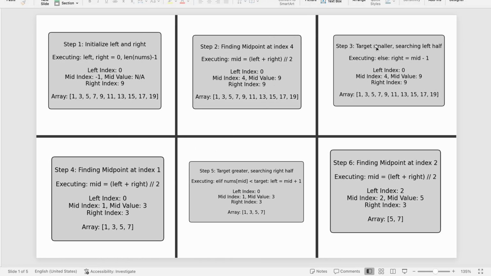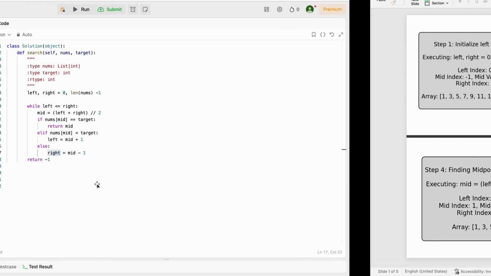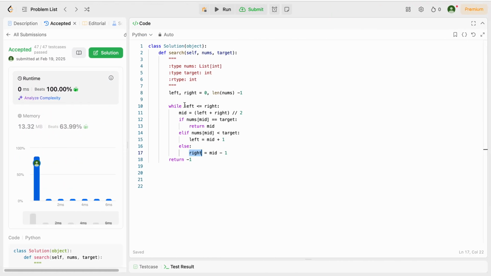Okay, so now we're going to say the smaller, so we're going to subtract 1 as we mentioned. The array stays the same. We haven't done anything to the array. And here's where we make the difference, which is when we go back to the loop and we say, is left less than or equal to the right? We already modified it, and it's still the case that the left is less than or equal to the right. So now we're going to, again,